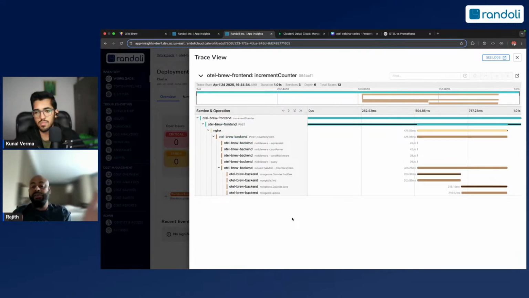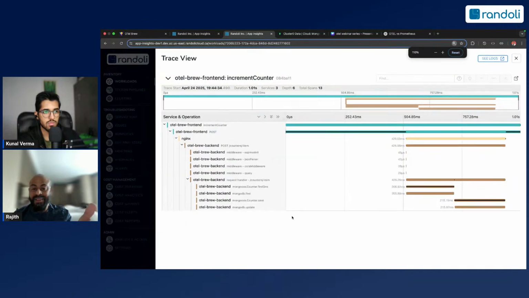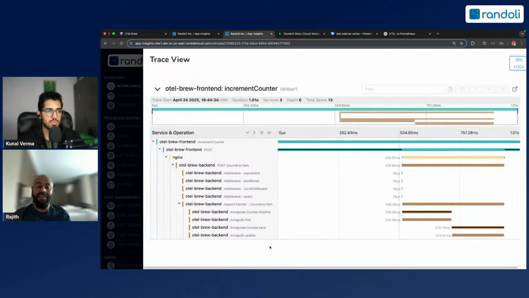So for example, let's say to increase the counter, for argument's sake, my eyesight is pretty bad, so I don't even know what the milliseconds is. Let's say 10 milliseconds, right? It takes 10 milliseconds to update the counters. Now, what you want to find out is how long did it take for the backend to process it, right? And you can also see the latency between your browser into Nginx into the backend